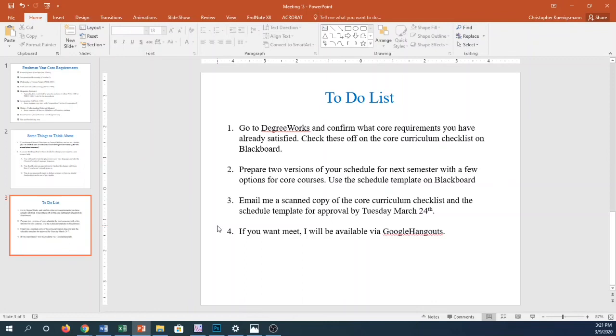I'm around. You email me, let me know you want to meet. You just send me what times you're available. We'll work that out, and then we'll create a Google Hangout calendar event. And then at that time, I'll pop in and we can have a conversation about whatever it is you need to talk about. So the main thing is once you've watched this video, go in, check off the core curriculum,